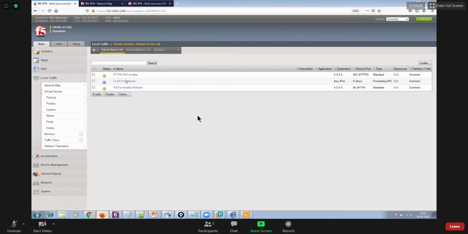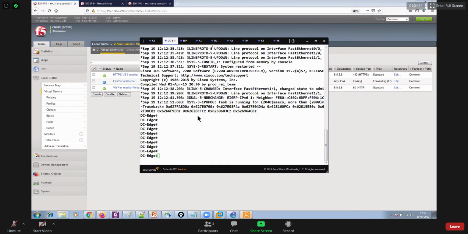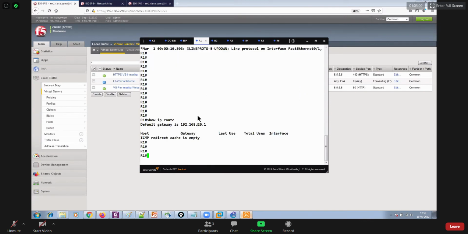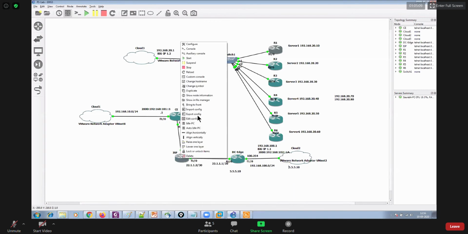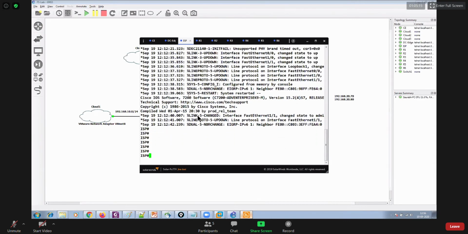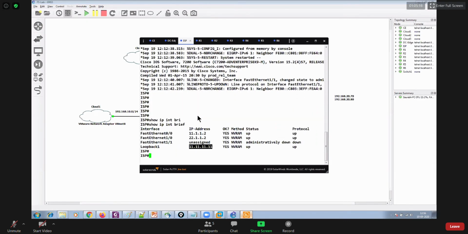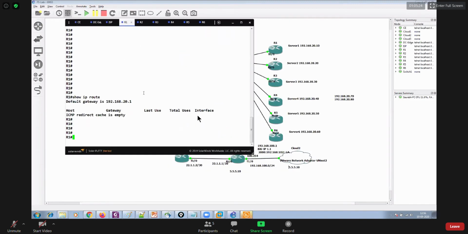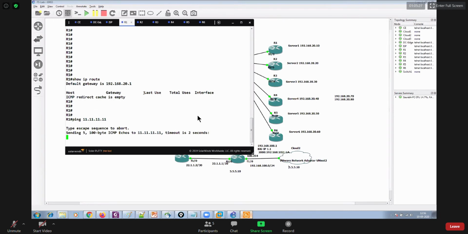So let's go back, and we have created this layer 3 virtual server now. Thereafter, if I go to server 1, which is my router 1, and set its default gateway to the BIG-IP's IP address, which is good, now I shall be able to access the internet. Over the internet, on the ISP router, I have a couple of loopback interfaces, like 11.11.11.11. Let me try that IP address from server 1. I'm going to ping this public IP address, so I shall have access to it.